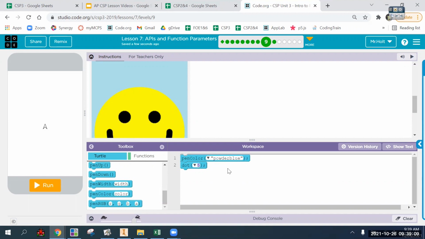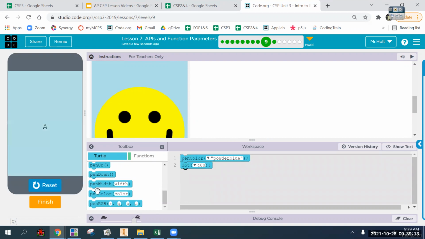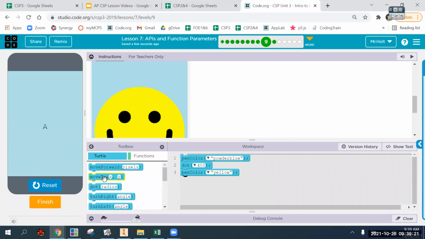And make a dot. We know a dot of 400 is big enough to make the full background. Then let's make a yellow dot. We need to change the color before we make the next dot. And we know that the entire width of the screen is 320. So that means if we make a circle with a radius of 160, it's going to touch the edge exactly,